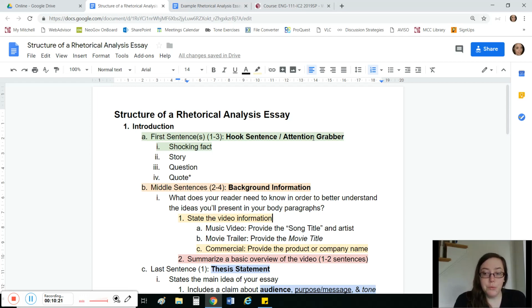Or if you do present a lot of your details in your introduction and then say them again in your body paragraphs, your reader will feel that redundancy and repetition that's not necessary in such a short assignment. So the example that we are going to look at, my student is analyzing a commercial,